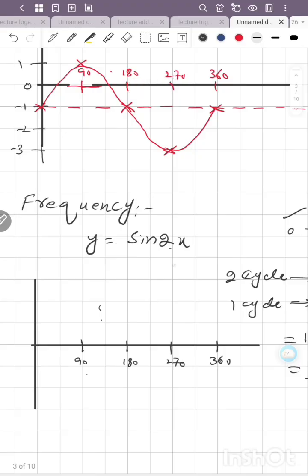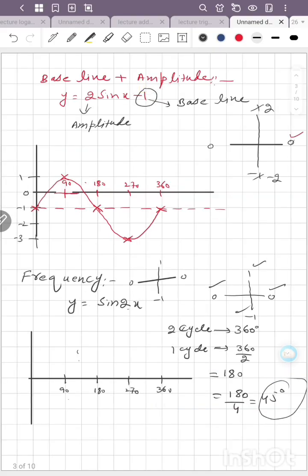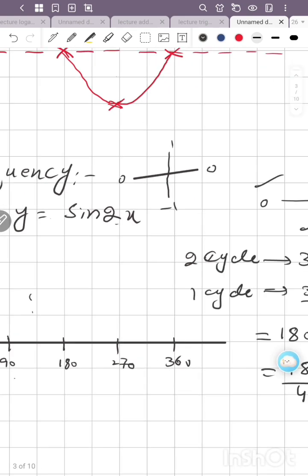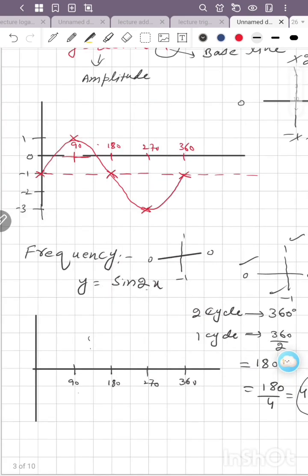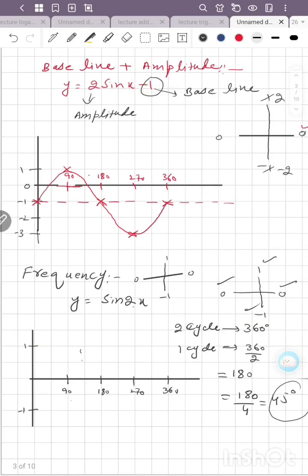मैं सामने लिख लेता हूँ यहाँ पर अगेन, ताकि आपको आसानी से समझ में आए। ये हो गया है हमारे पास 0, ये 1, ये 0, ये -1। ओके, अब देखिए, अगर आप देखें कि यहाँ पर हमारे पास गैप कितना है, 45 एंगल का है, तो हम इसको ड्रा करेंगे। और मैक्सिमम और मिनिमम वैल्यू 1 और -1 ही आ रही है, तो ये वैल्यू हम ड्रा कर लेते हैं 1 के लिए, और ये वैल्यू हम ड्रा करते हैं -1 के लिए।